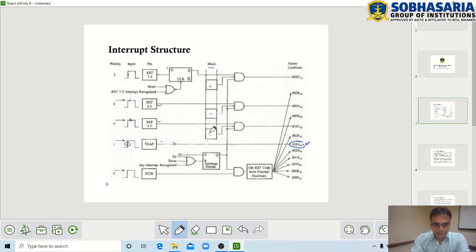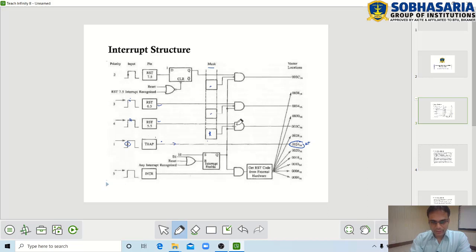If a particular mask bit is set for any particular interrupt using the same instruction, this interrupt will be masked. If masking is 1, you can see a bubble here, so this bubble will make this 1 a 0.